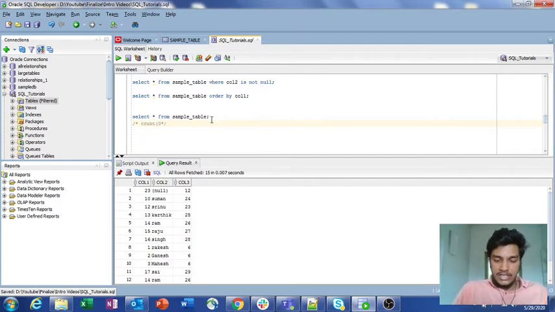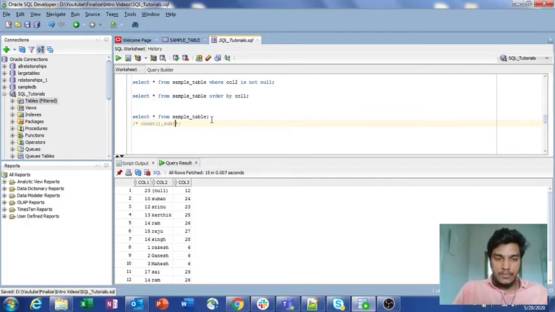count, which will count all the records present in our table. So if you do count of star, it will give the total number of records present in our table.